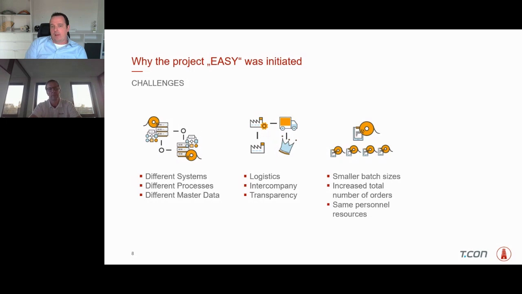That means in the end that the productivity needed to be increased through a new system, because increasing the HR resources was not the solution. The system needs to have a higher productivity. And while keeping the number of people on the same level, we were facing the problem of an age pyramid, which means that a high number of people in 2015 or 16 were at the age of 53, 54, 55, where retirement was coming closer. At the same time, in Germany, we were facing a shortage of skilled workers. All that together led to the decision to set up a project which was called EASY,